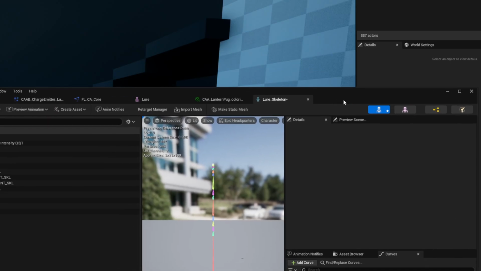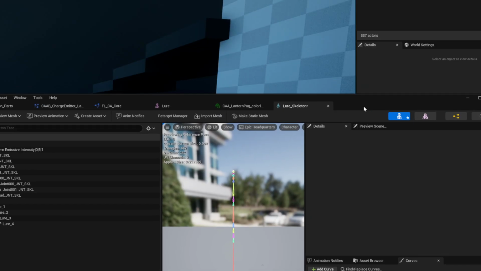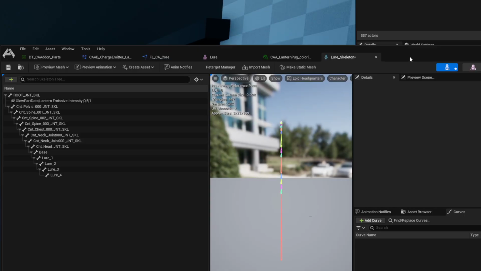One thing you should know is that the socket is actually added to the skeleton, not the mesh. So you will need to remember to actually save your skeleton to make sure the socket stays there. And you might need to make a unique skeleton if multiple parts, some that glow, some that aren't, use the same skeleton. But yeah,